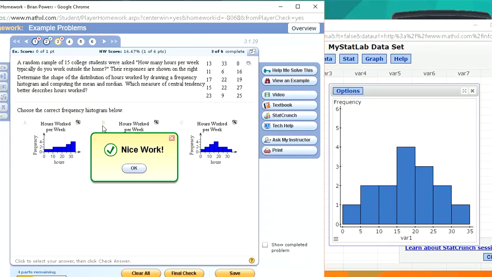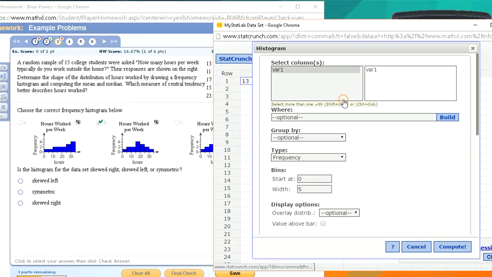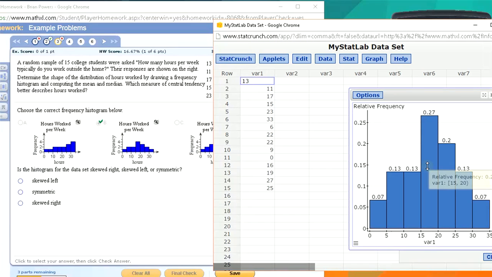So choosing the right histogram is one thing. You can also, again, edit this and change it from a frequency to a relative frequency histogram. We can show the values above the bar. That can be very handy. But let's look at some other